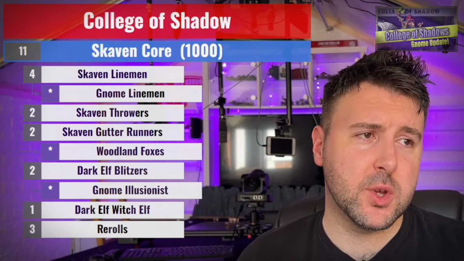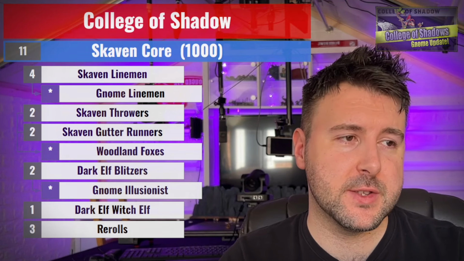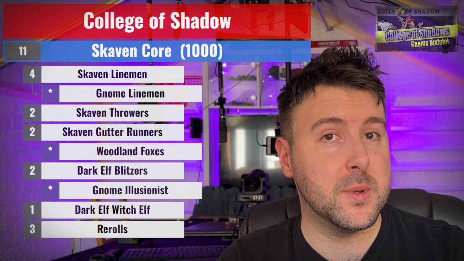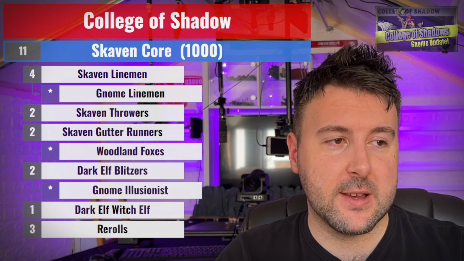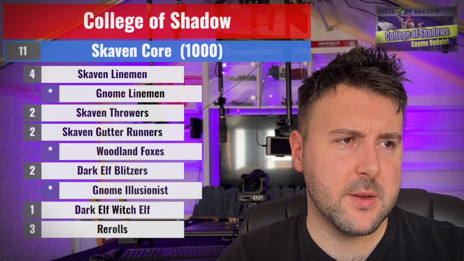And then Skaven core roster: 4 Skaven Linemen, 2 Skaven Throwers, 2 Skaven Gutter Runners, 2 Dark Elf Blitzers because they are arguably better, a Dark Elf Witch and 3 rerolls. It's a pretty good roster. 11 players comes in at about 1,000. Right,